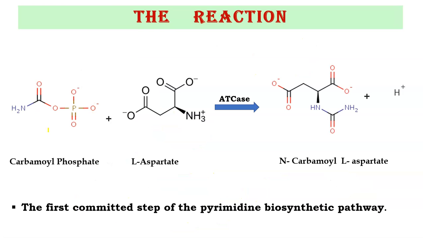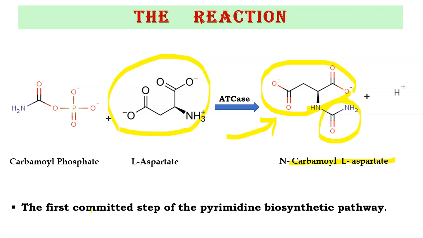The reaction is this one. This is Carbamoyl-phosphate, here CONH2, with just a phosphate group attached to the CONH2. It becomes Carbamoyl-phosphate, and this is L-aspartate amino acid. You know it very well. In the presence of aspartate transcarbamylase enzyme, both of them are condensed to give rise to a molecule called N-carbamoyl L-aspartate. And this is important because this is the first committed step in the pyrimidine